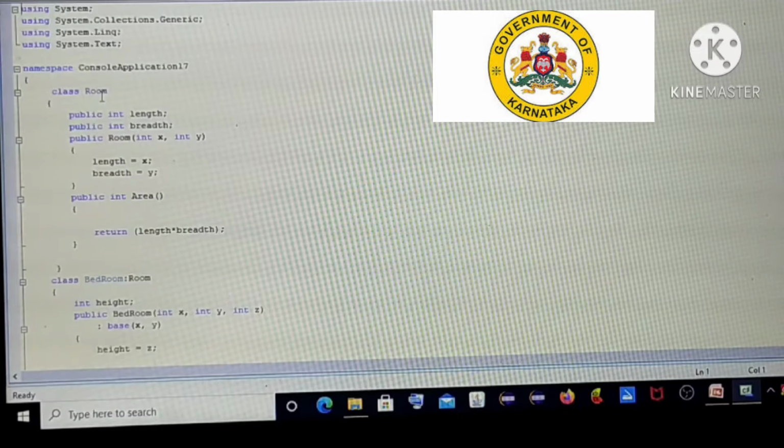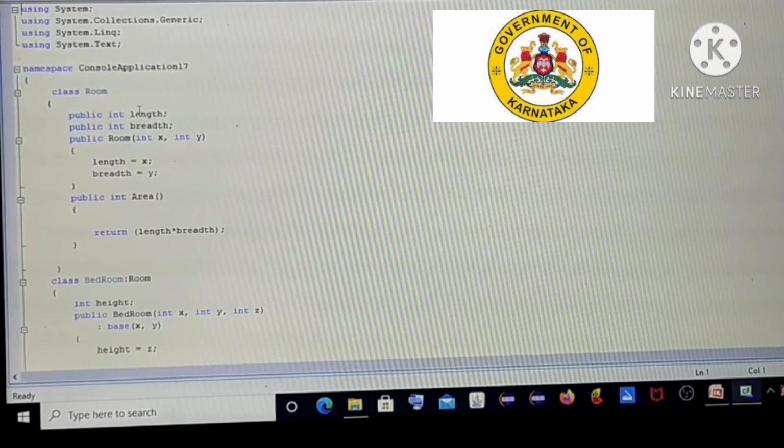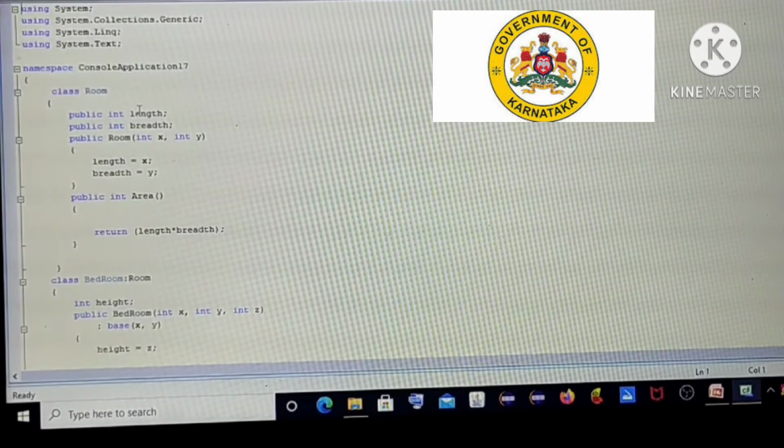We have a class. Obviously, in object-oriented programming, a class should contain data members and member functions. Data members are length and breadth.